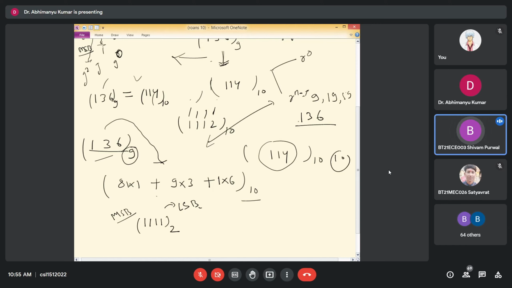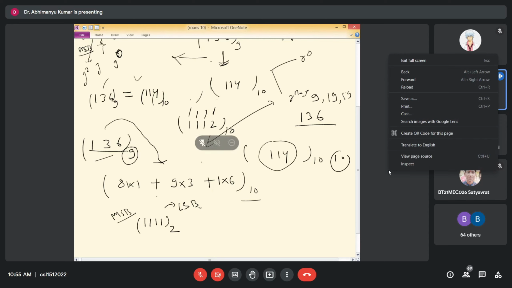ओके। सर तो इन सब का सम। So you are considering only those digits which have 9, right? यस सर, only those quantity which have 9, right? यस सर, उसको 136 से माइनस कर देंगे, तो सर वो हर केस में आंसर आएगा। Okay. So, I think you are claiming the same thing as we have claimed here, indirectly, right? यस सर,